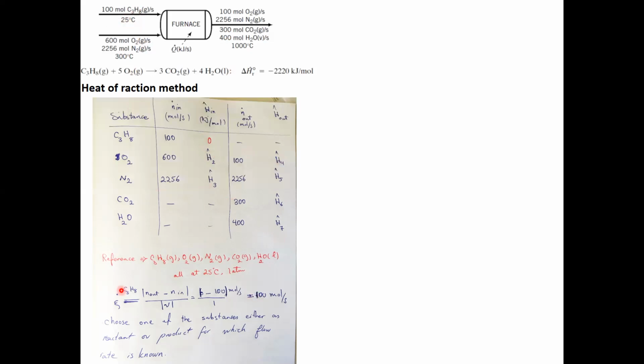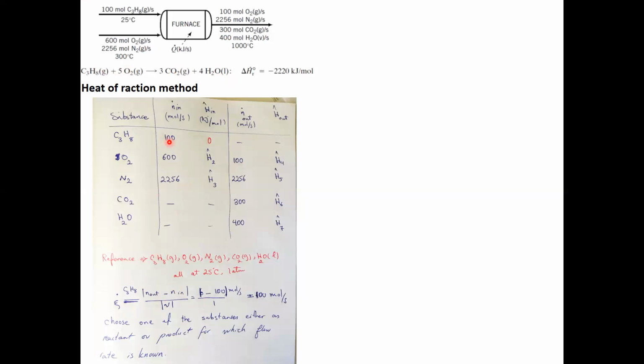The second point I asked you, the next step that we have to consider, is to calculate the extent of reaction. You can choose any of these components, I mean, between propane, oxygen, carbon dioxide, and water. You can use any of these four components and calculate the extent of reaction, because both inlet and outlet are clear. I'm just giving you an example. I selected propane here. You don't have propane in the outlet, so outlet is 0, inlet is 100,